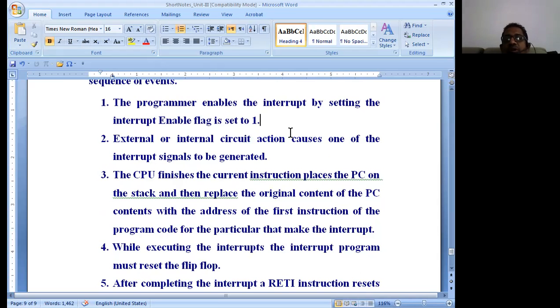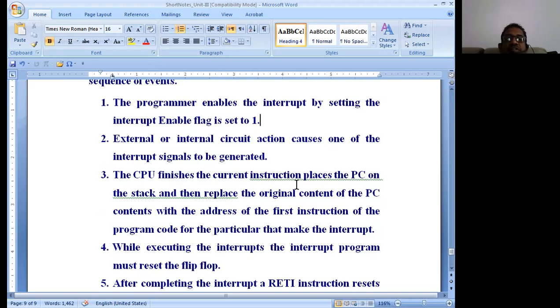This is the first thing the programmer has to do if he wants to use interrupts. Second, the external or internal circuit action causes one of the interrupt signals to be generated.